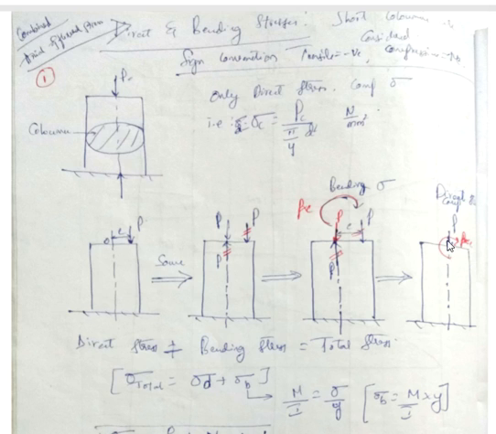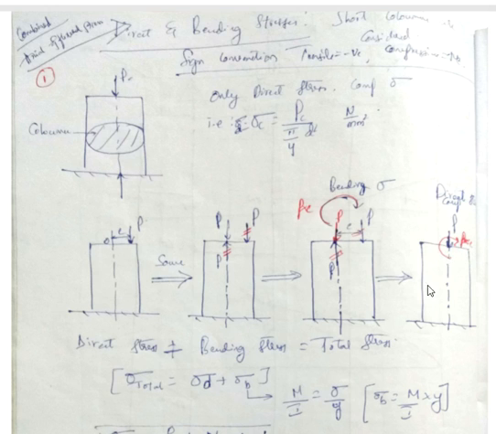So there is a force P and there is also a moment P into E. This effect and this effect both are the same, because this P was trying to compress the column and also it was giving a right side bending moment. The same thing is happening here. There is a right side bending moment and there is a compressive force P, but I am just representing this force at the neutral axis instead of here.